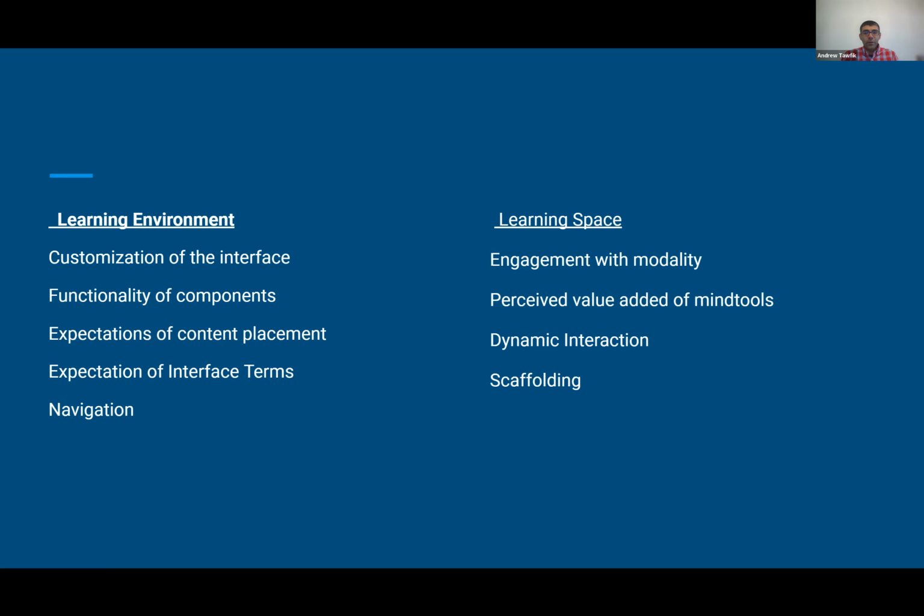And as they interact with the parts more directly tied to learning, they want the modality, like the multimedia and some of these different things, to be presented in the right way, of interest to them, and really easy to use. If you're familiar with Jonathan's mind tools, and there's a feature in there that's supposed to help them, they want to say, I see how this is actually beneficial for my learning. They need to be able to understand that really quickly.